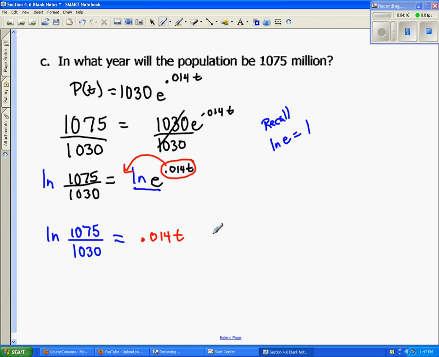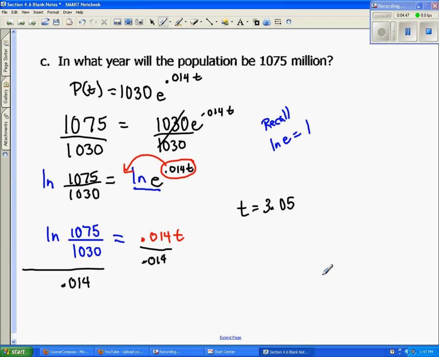Okay, so to get t by itself, I'm going to divide both sides by 0.014. So I get this big whole blue thing divided by 0.014. Now I just want to be careful when I put this in the calculator. I want to do this divided by this, put it in the calculator, and you should get approximately, my time comes out to about